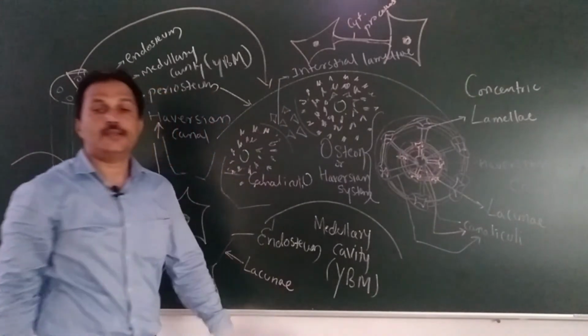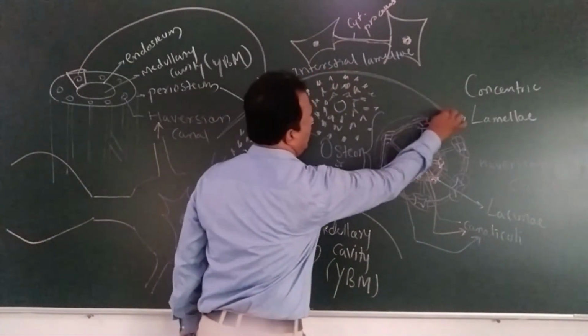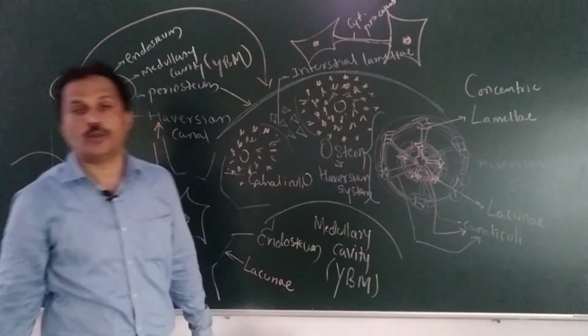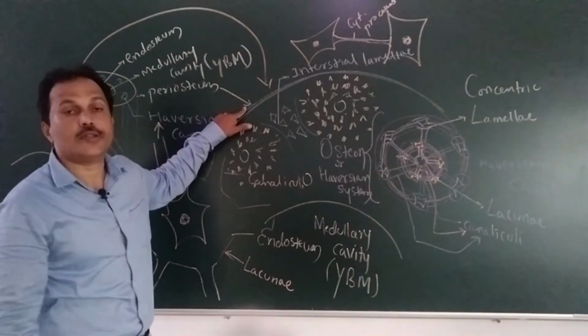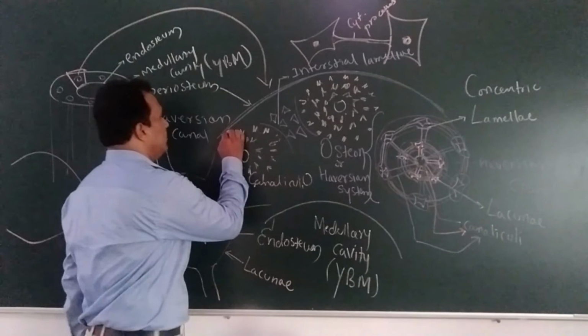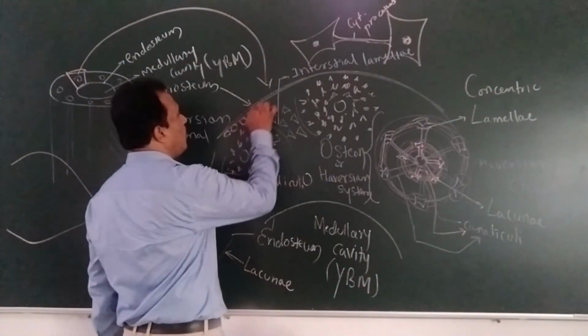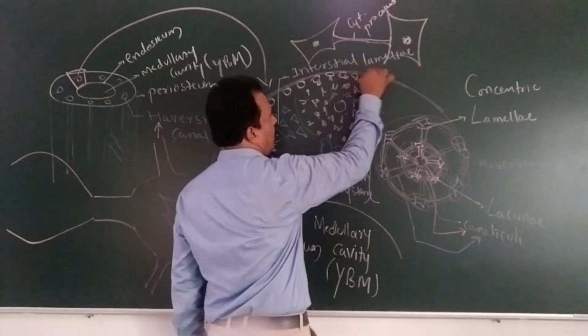This is the interstitial lamellae. At the outer end, what is present? The fibrous sheath, the outermost covering, that is the periosteum. Immediately beneath this periosteum, you will find a layer of osteoblasts,